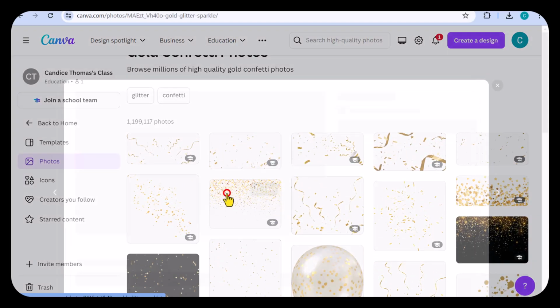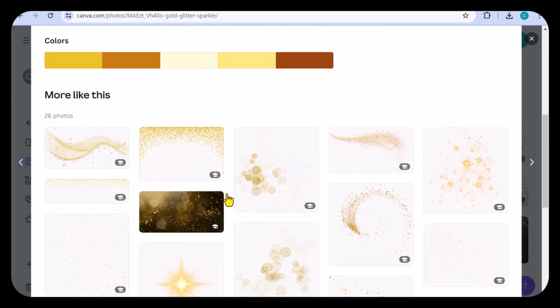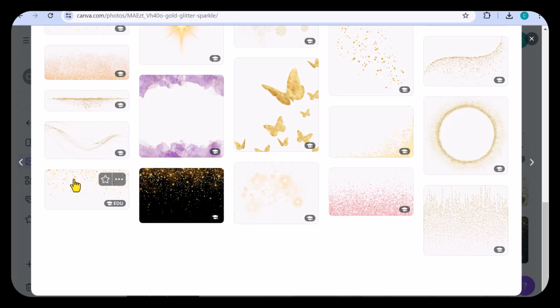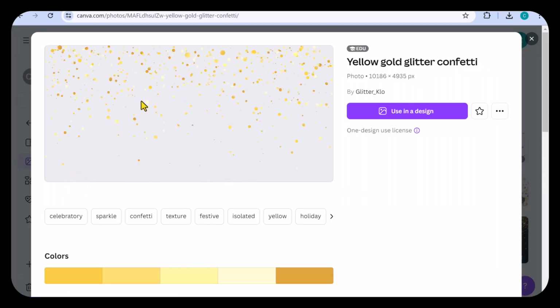I'm going to search for one that is not too crowded, not too busy. Let me select this and see if I will be provided with any sparse options. All right, I think I'm going to work with this one here where we don't have too many confetti. I'm going to select it, and once it is selected, again, I'm going to select this option here that says more actions, and I'm going to add it to the folder that was created